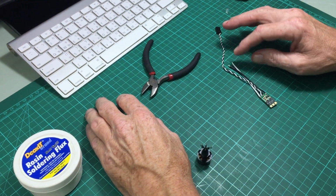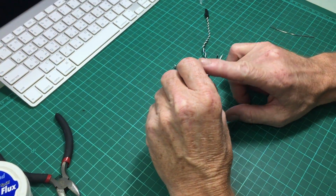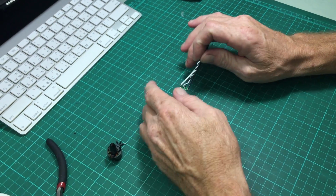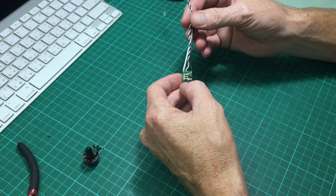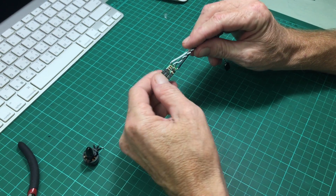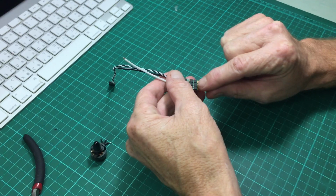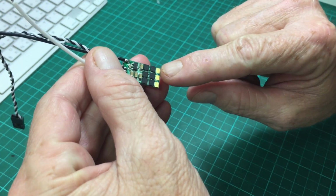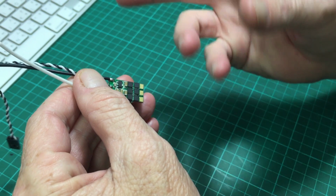I want to touch on a subject today regarding soldering motors to the small Nano ESCs. Basically, what we have here is a very small ESC, and we've got NFETs really close to the soldering pads here. So when you go and solder to these, if you're using a cheap iron,